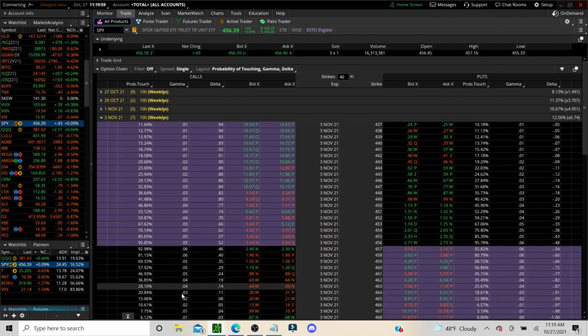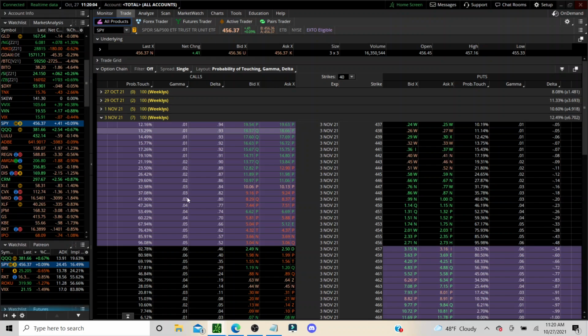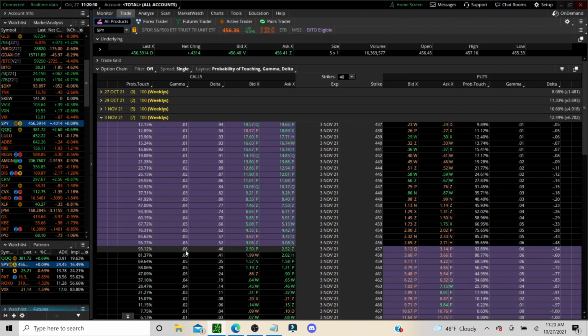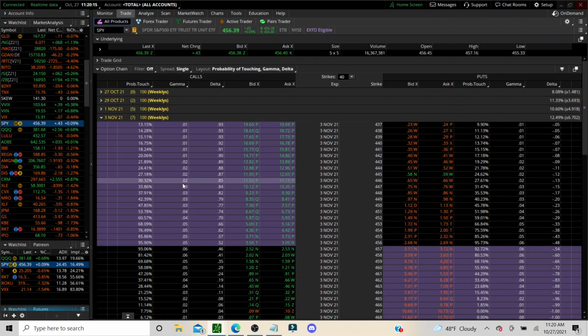Now it gets a lot slower as you go out, and a lot slower as you go in further. So you see our gamma is highest right at the money area here at the 0.6. Okay,